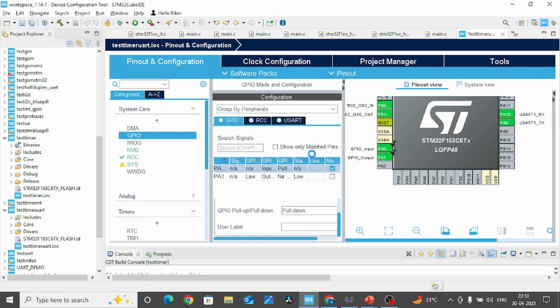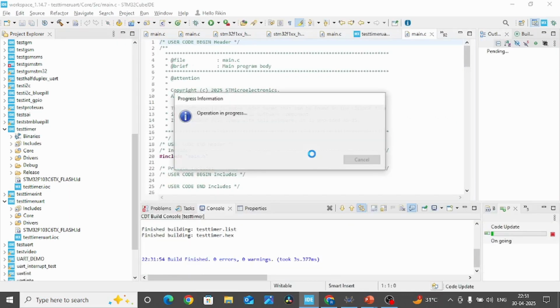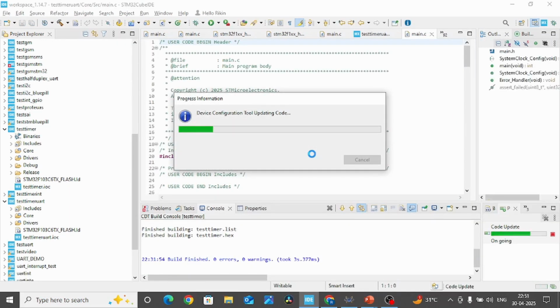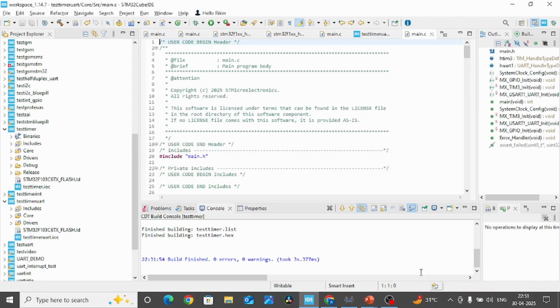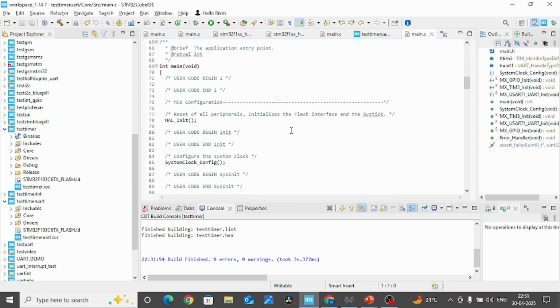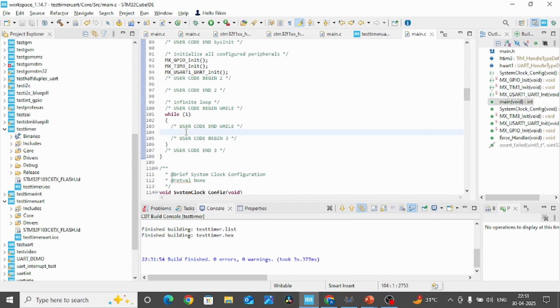So it will generate the base code, and in the base code we will write our logic. So let us start with the basic functionality. First of all, we will check the switch position, or we will check the sensor. If the sensor is 1, means if a particular value is sensed by the sensor, then start the timer. Okay, this is what we want to do. So let us start with the while one. In while one,